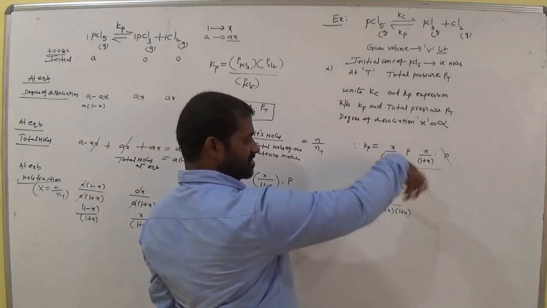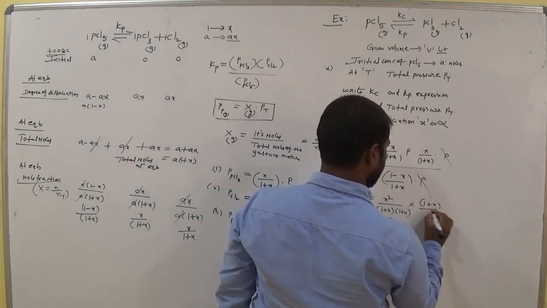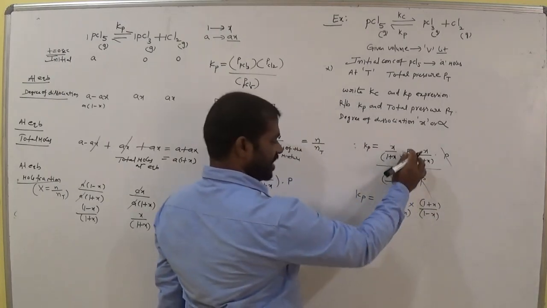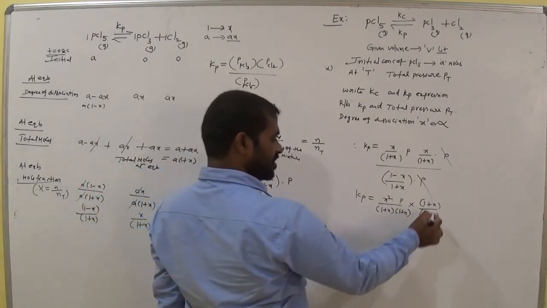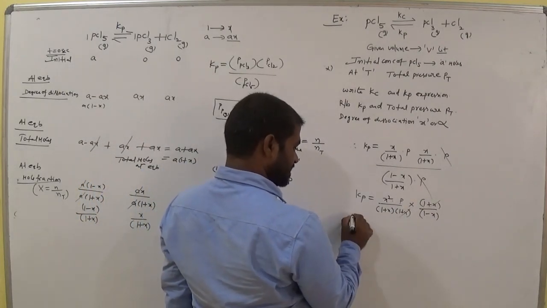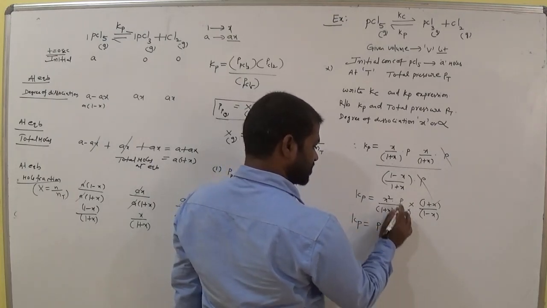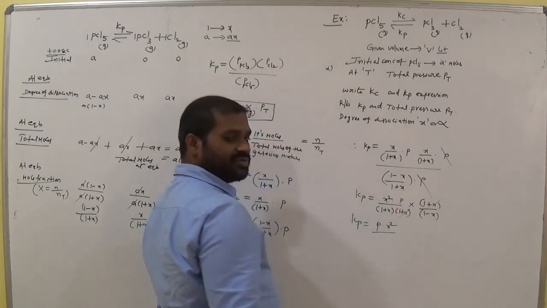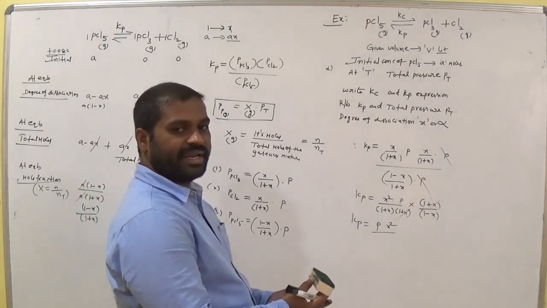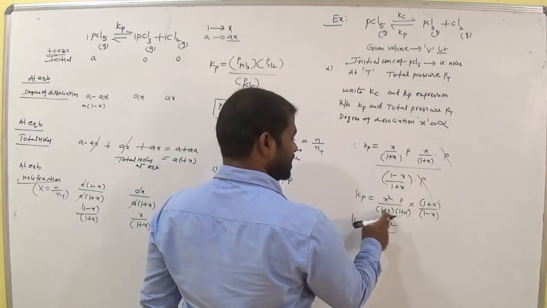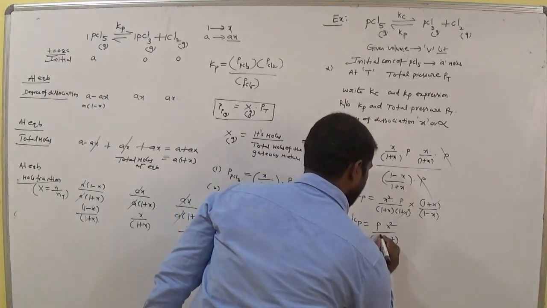So this term undergoes reciprocal. Then it is 1 plus X by 1 minus X, where P is the pressure. Is it clear? So now cancel 1 plus X and 1 plus X. Then Kp equals finally P into X square by 1 plus X into 1 minus X. Equals to how much? A plus B into A minus B is A square minus B square. That means 1 plus X into 1 minus X means here 1 minus X square.